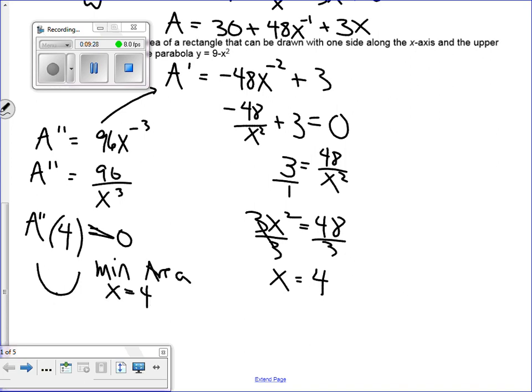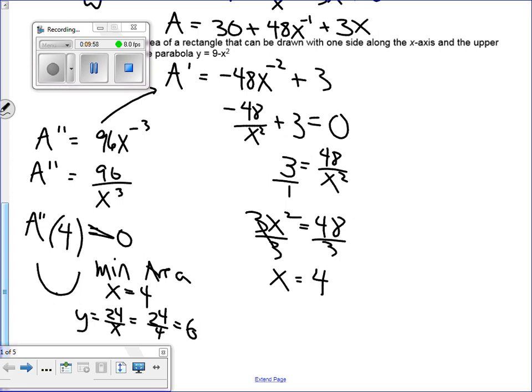All right. Now, to get the y value, we can go back to that secondary equation. Remember that secondary equation? We had y equals 24 over x. So if we put the value for x we found in, we get 6. So we know now that in order to make the area of the whole paper a minimum, we need to make